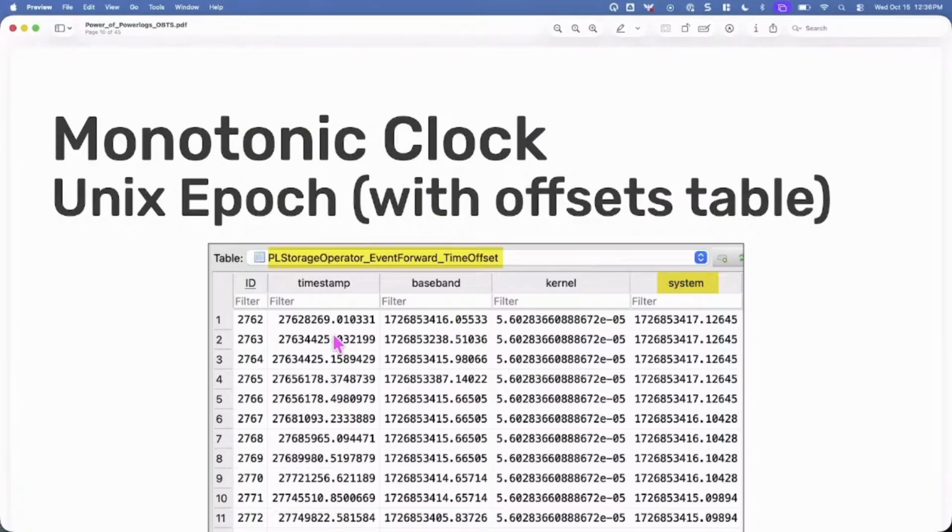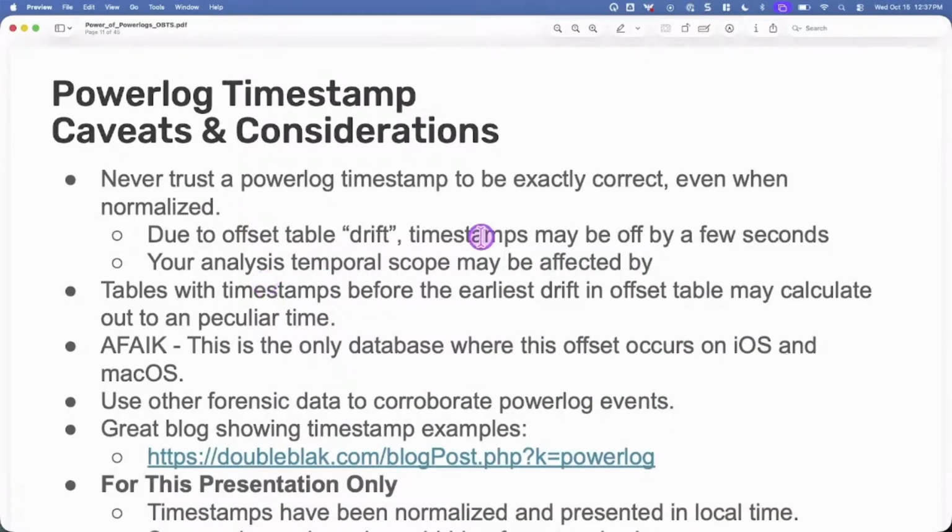So unfortunately, the biggest caveat to Powerlogs is it's kind of around that time, but it might be a few seconds off. And a few seconds, 5, 10 seconds, maybe you don't think that's that much, but when you're doing a lot of investigations, every second, sometimes nanosecond, sometimes matters. So being as precise as possible is really important here. But with Powerlogs, you just don't have that precision. And if you do know how to get that precision, please let me know. Call me, because it's been bugging me for truly 10 years.